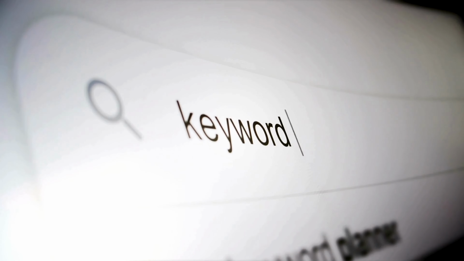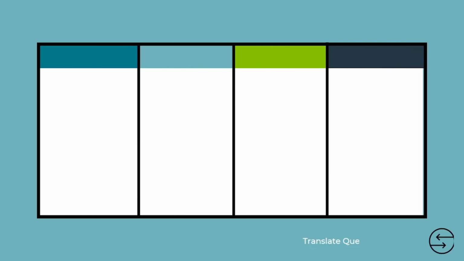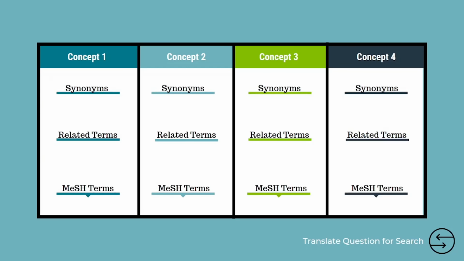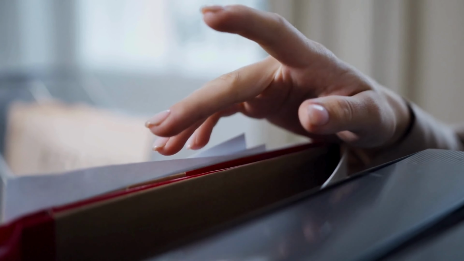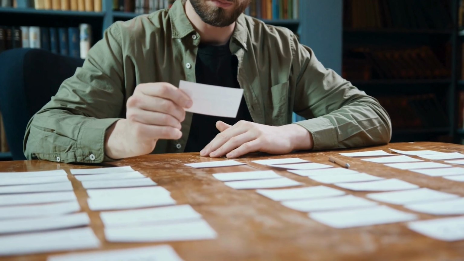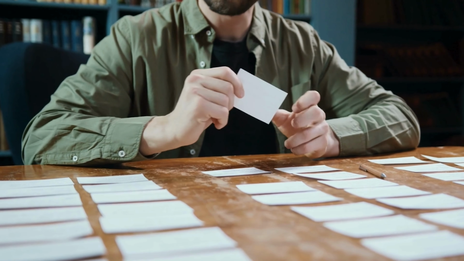List each concept in its own column. To help with this process, Lewis librarians have created a concept chart to help you break down your terms with synonyms, related terms, or index terms like mesh headings. Understanding indexing is crucial. Just like hashtags on social media, indexing terms in databases connect related articles, making it easier